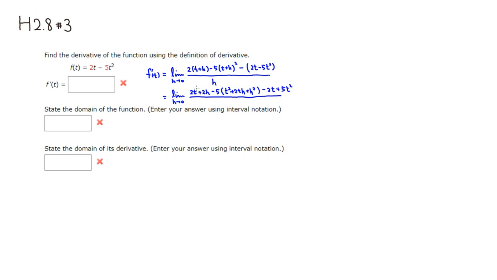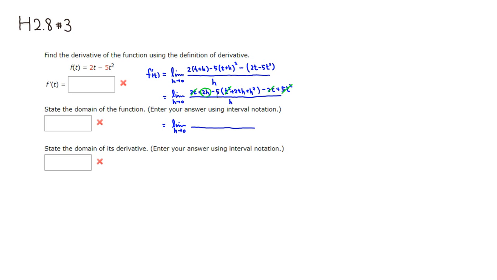There's a 2t here, minus 2t. Then also we have negative 5t squared, and a positive 5t squared. Oh, sorry, I forgot the h here. Then if you clean it up, you're going to get this: a limit as h approaches 0. All the remaining terms on top have h in them,